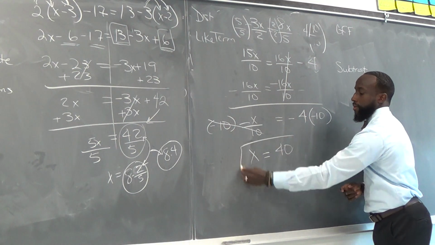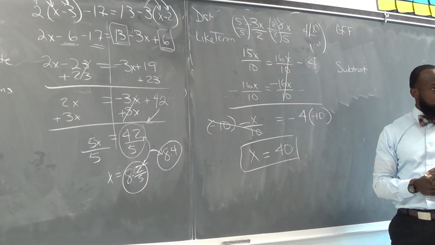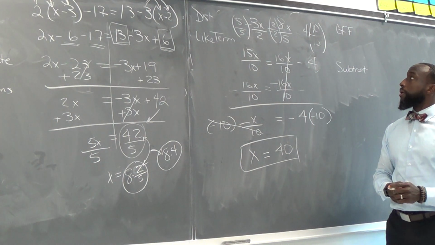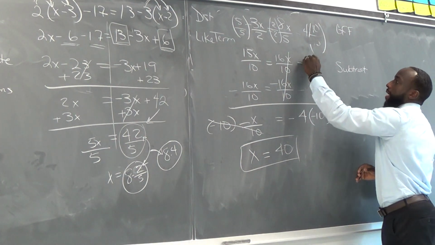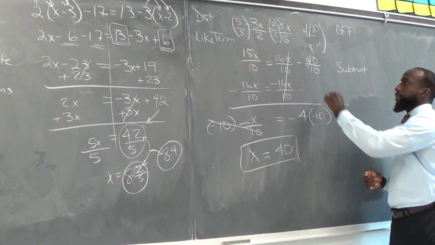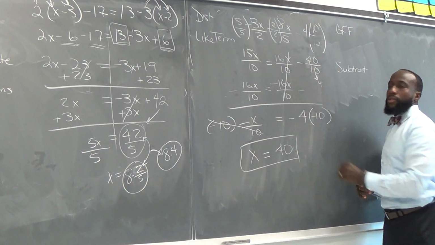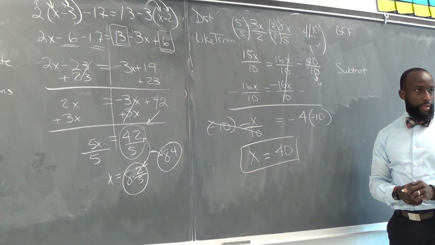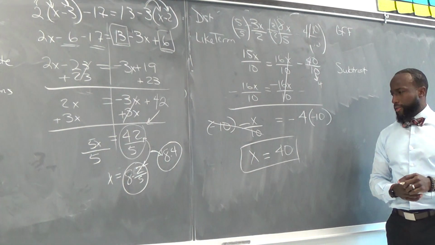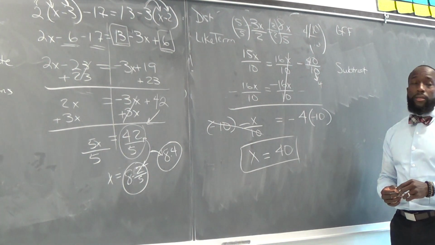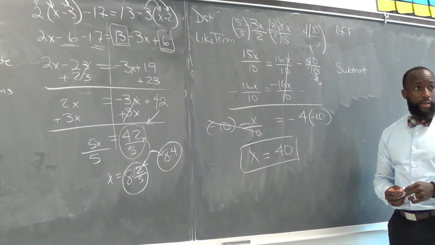Oh man, then why did you? That was a long one. Don't worry about it, Keith. Well, why did you change the 4 back after you put the 10s over? Because it was like this, 40 over 10, and that reduced it to be 4. Basically, cross out the 0, so it's 4 over 1. Good? Yes, ma'am. So instead of subtracting the negative 16 over 10 from each side, couldn't you just cross